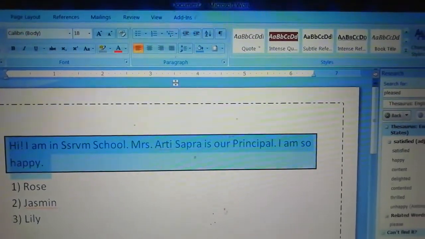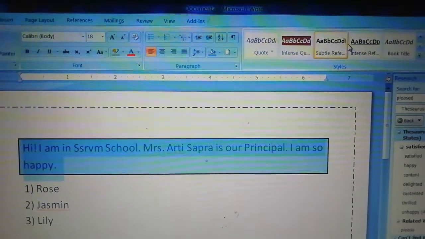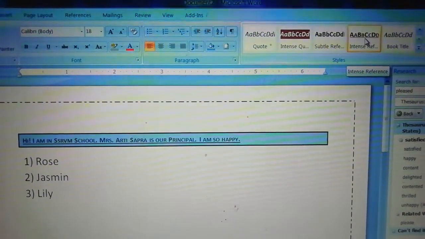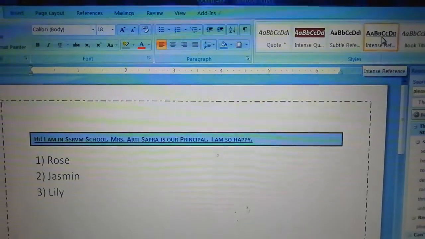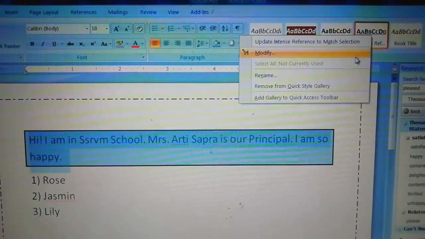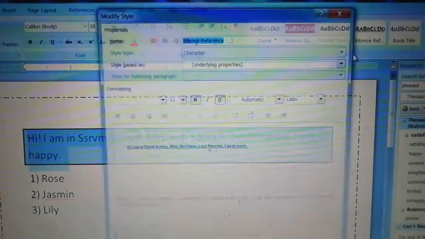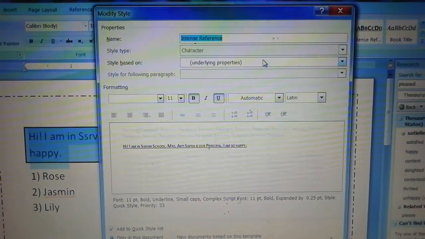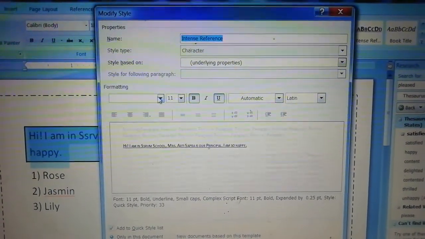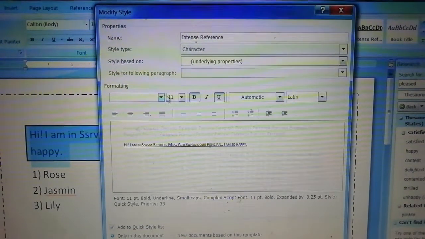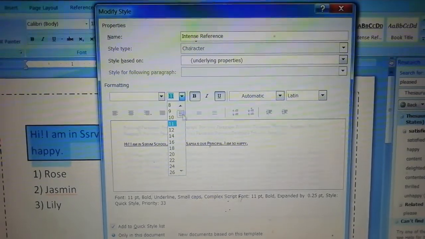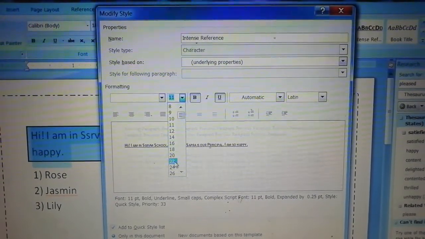Now how to modify that style? Here I selected the text and I am changing its style, but I want to modify it. Then what to do? Just right click it. Now it's showing me some more options, that is Modify. From this we can modify our selected style. Here I can select 22.